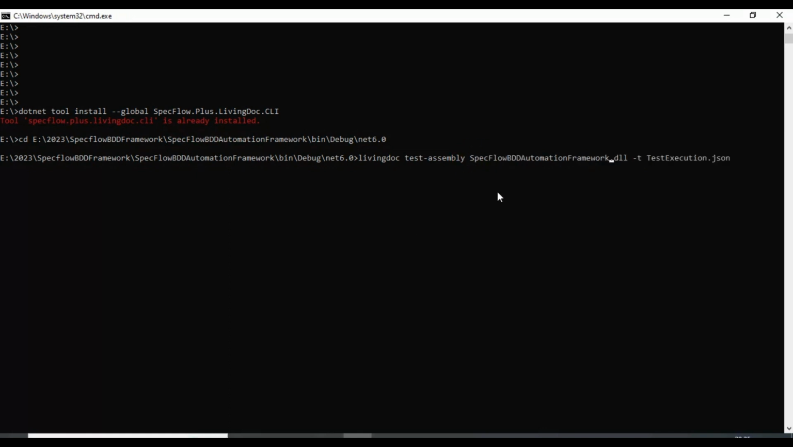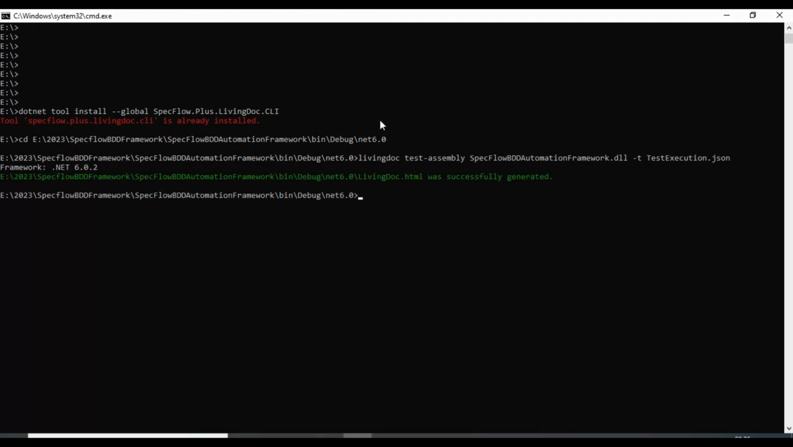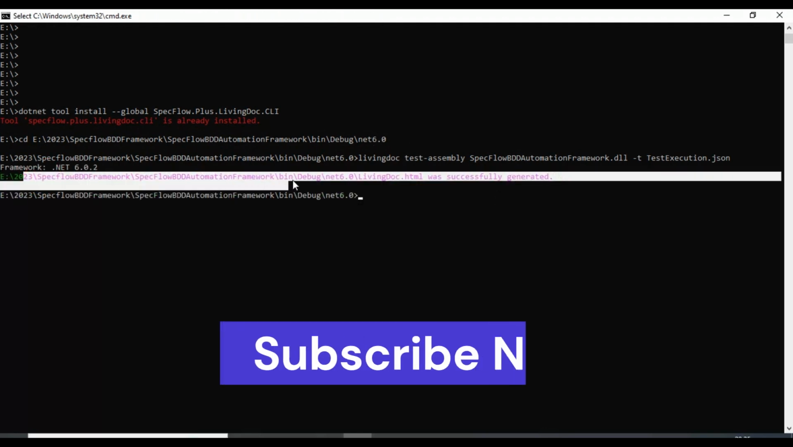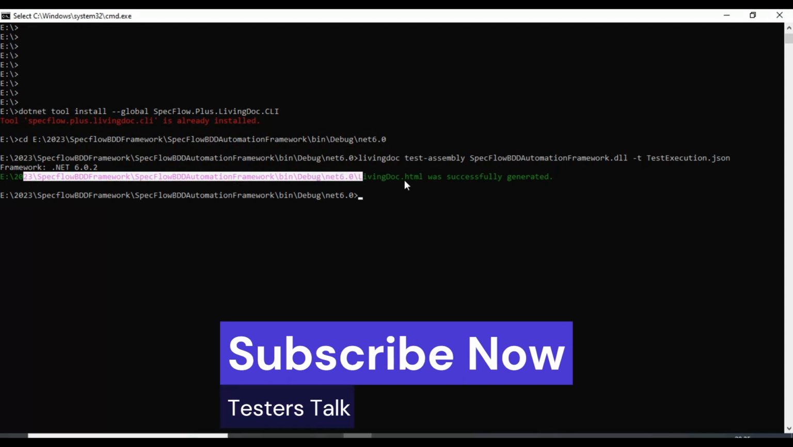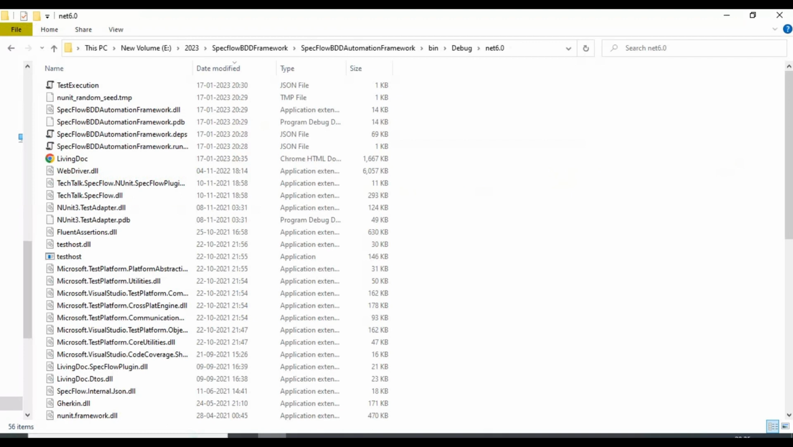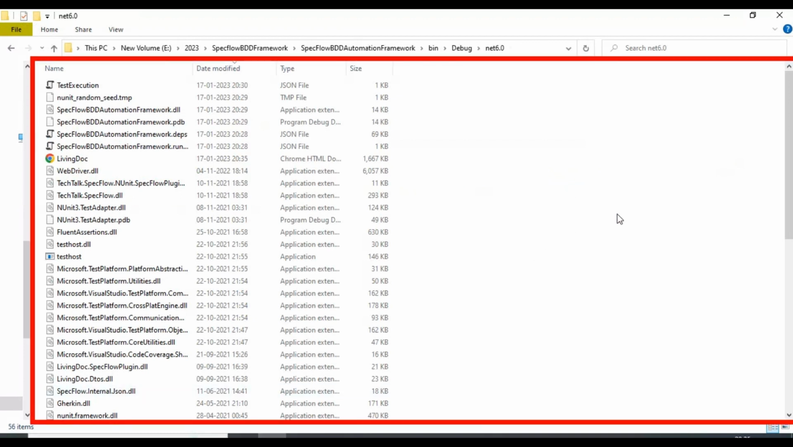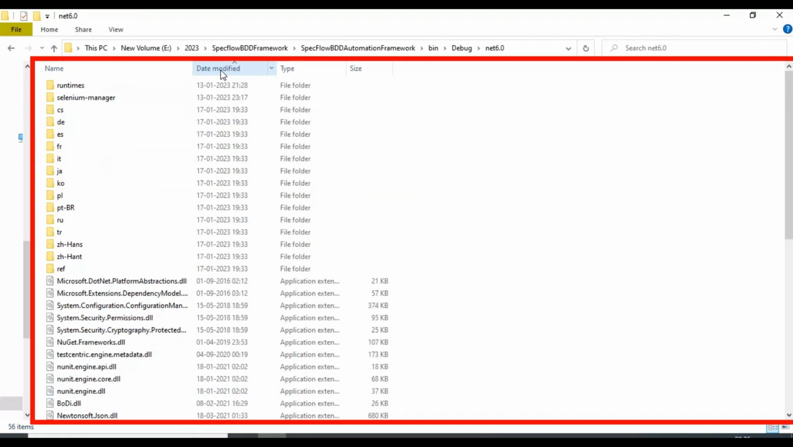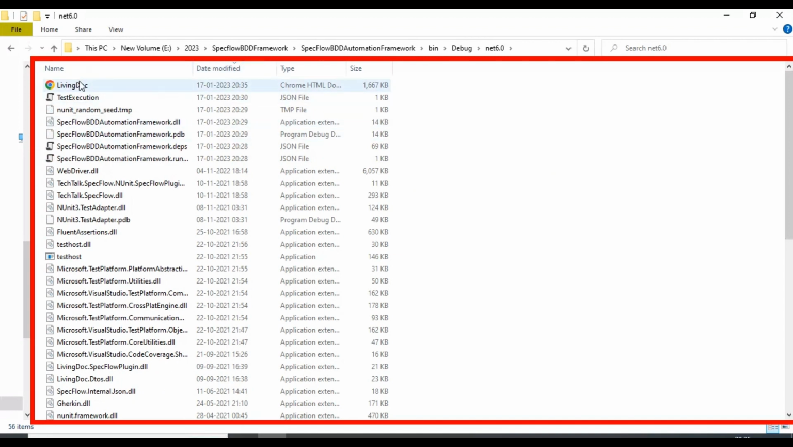So that's it. I'll say enter. And if you look here, in this particular location, livingdoc.html was successfully generated. Once you get this message, that means your report has been generated for the SpecFlow BDD. You can go to that particular location, and here you can click on date modified, right? So this is the last document modified very recently. Simply I'll open this livingdoc.html file,